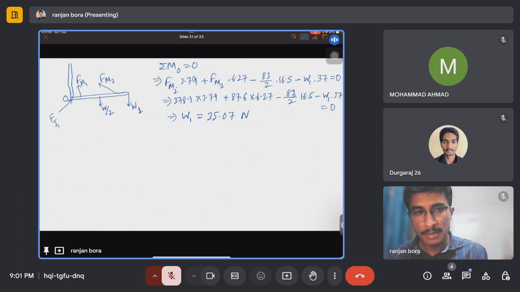So this load will act on the radius bone. So we have known W1. So now we can find out